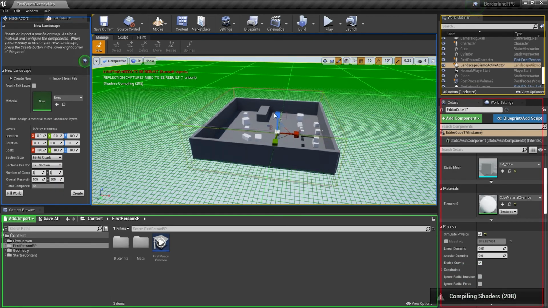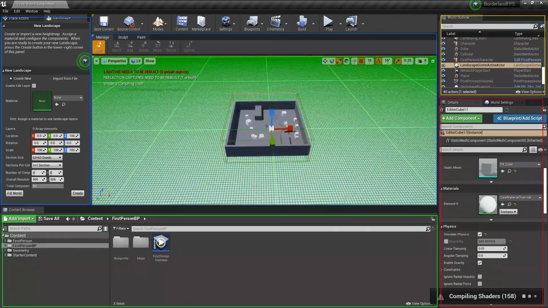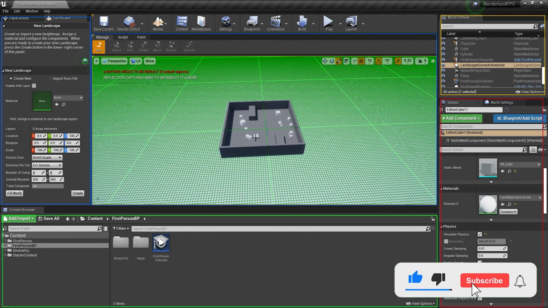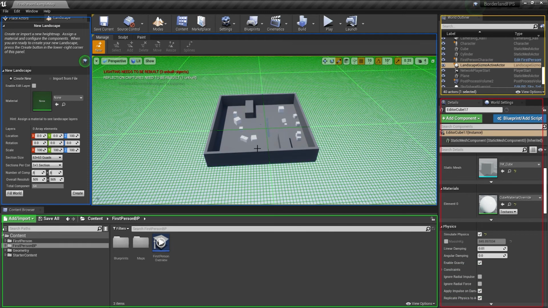I am just zooming out a little bit. If you want to go to the object which I've selected, to focus on it, just press F and select the object. As we are in landscape mode, it will not go there.